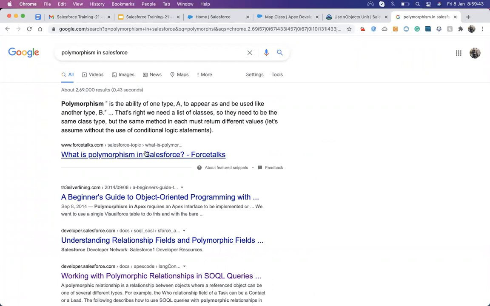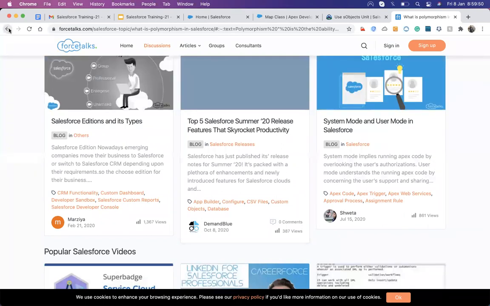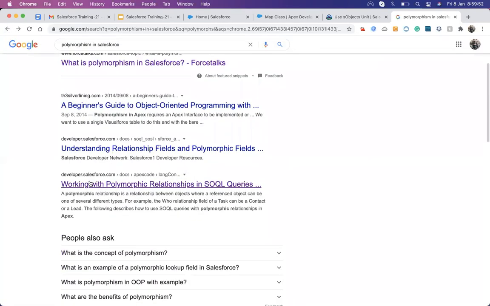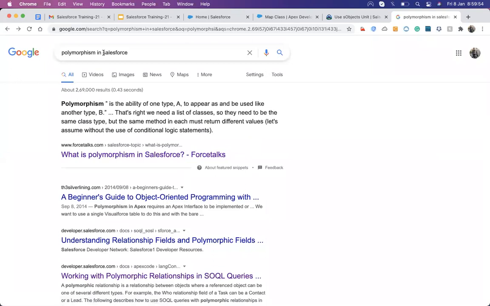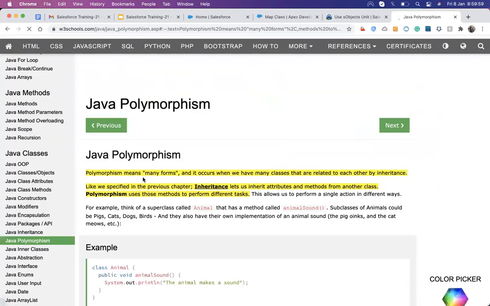Actually, you cannot get an exact topic related to that, because it's something like a Java concept. So instead of searching generally, if you search in Java, you will get a proper definition.